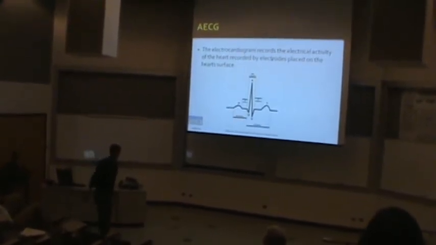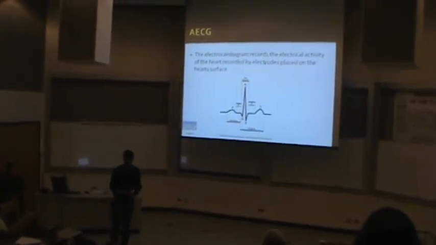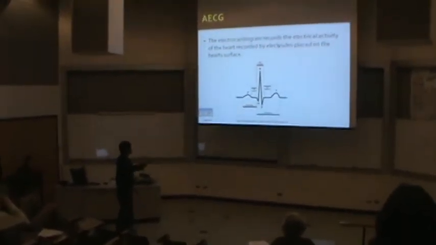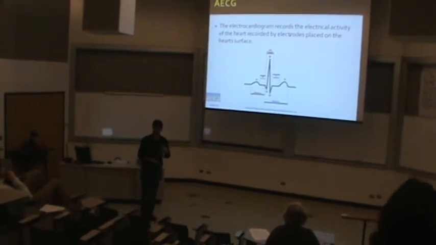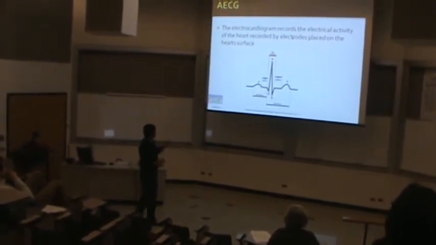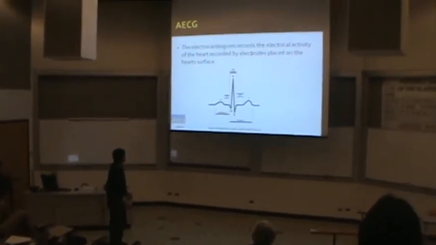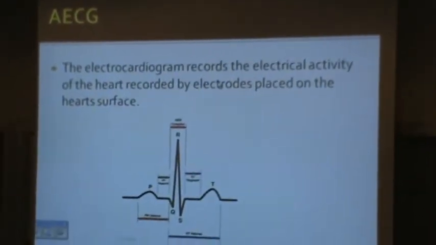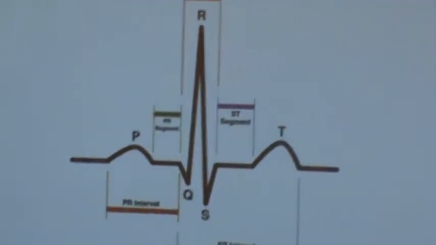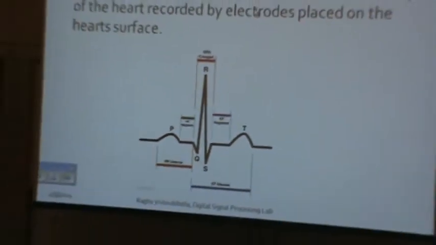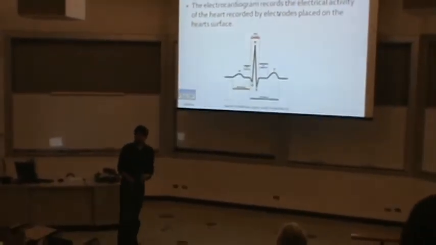Alright, for those who don't know, the ECG represents the electrical activity of the heart. This is how a general ECG looks. It's recorded by using electrodes that are placed on the surface of your skin. Depending on where you place your electrodes, you get your ECG signal. That is the PR interval, QR, RS, and ST. These are the phases that we've put in to characterize and analyze the ECG waveform in a much easier way.